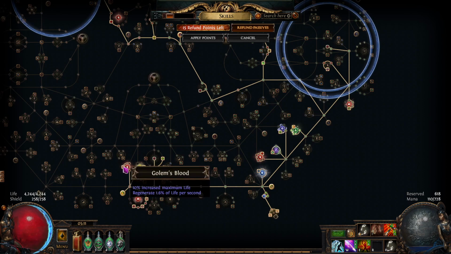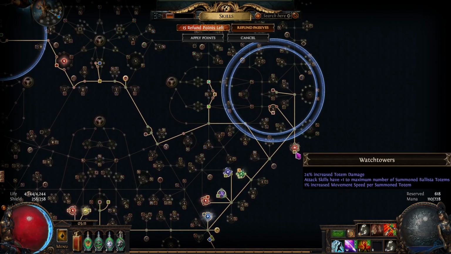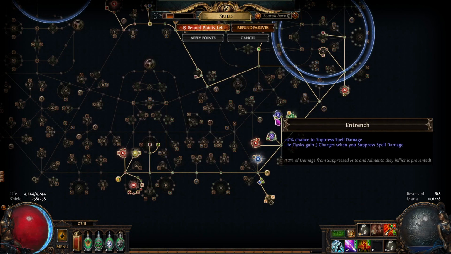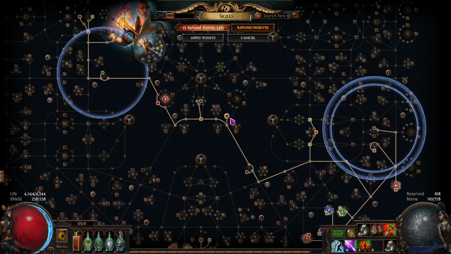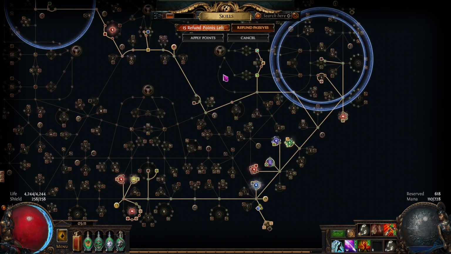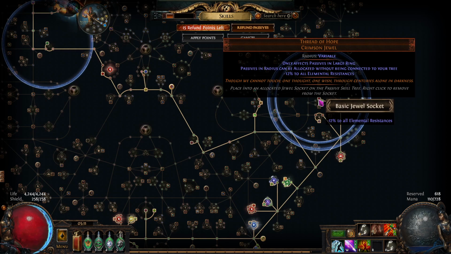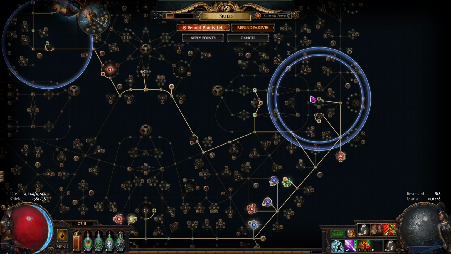After that we took some more life, and then we started on the totem nodes. We then took some more life, we took some attribute stuff, we took more life, more totem nodes, took this wheel here for the suppression. Once I'd taken these two, the next level I then took was Mage Bane. Then I don't remember what I did, honestly. The last 3 levels was coming up here for Dex, and this node to fit in our Thread of Hope. Some people put a Timeless Jewel in here,